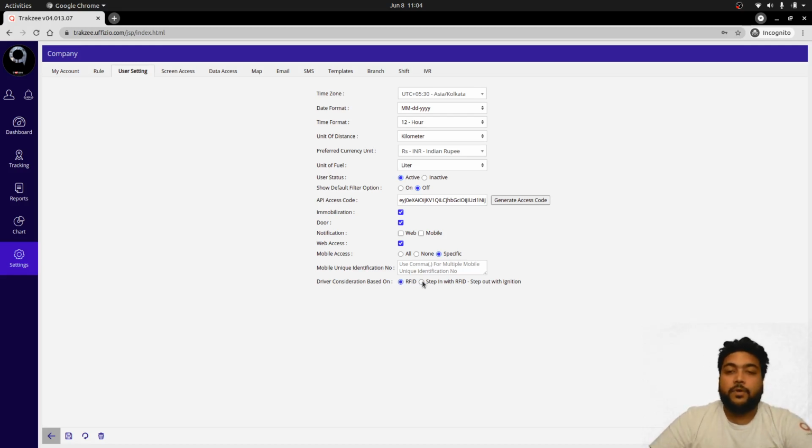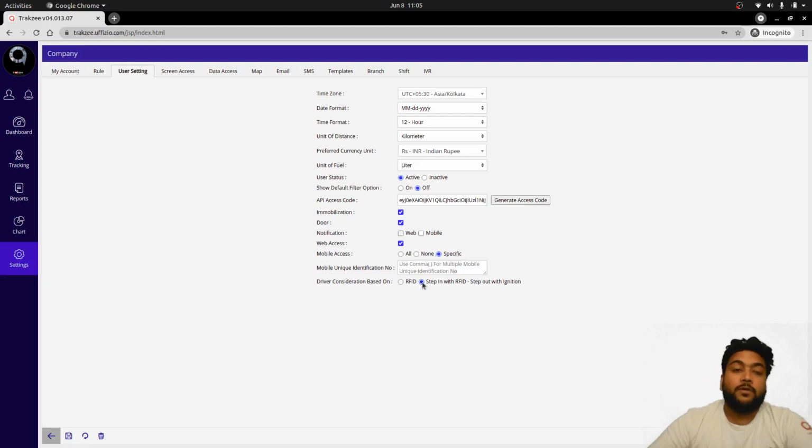And likewise, if you need to consider the step in with the RFID, when the RFID punch is done on the RFID reader, then your driver step in will be considered. And if the ignition of the vehicle gets turned off, then this driver will get a step out from the system. So you can select any one option from this, and based on that, the driver considerations can be done in the software.